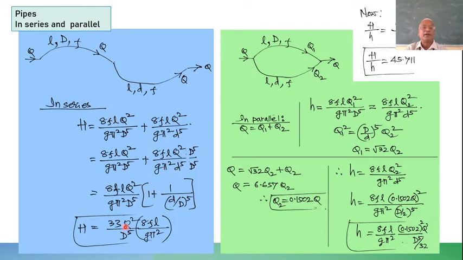Now you know how to handle that information. So this is a good problem which couples both pipes in series and pipes in parallel. The idea of parallel, that is head loss in each of the branch is same. The idea of series, that is Q remains the same, but head loss is sum of the head losses in each of the pipe branches. So that is what we have used, and then a little more of sense of maths or common sense will lead to H by h ratio. Okay, next.